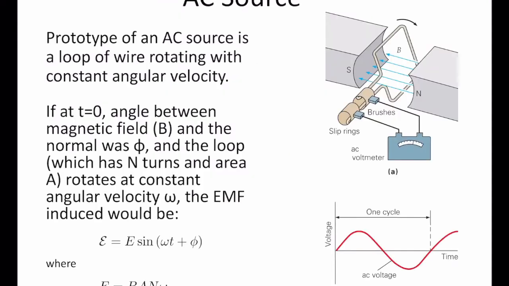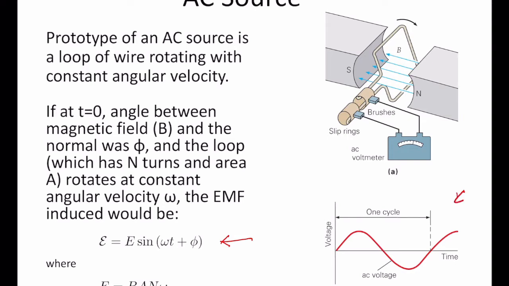How would you create a sinusoidal voltage? We had already seen an example of this in chapter 29. So this picture on the top right of the slide might look familiar. You have a constant magnetic field, and you're rotating a loop in that constant magnetic field. If you apply the flux rule, as we have done in chapter 29, you will find that the induced EMF is sinusoidal, and it has this particular form. The induced EMF is some maximum EMF multiplied by sine of omega t plus phi. So it just oscillates